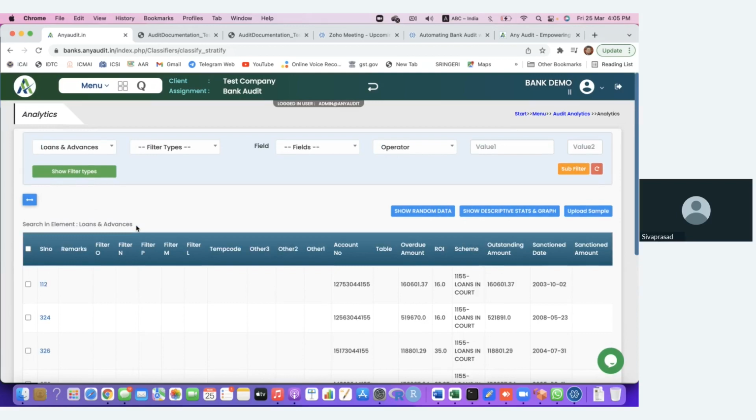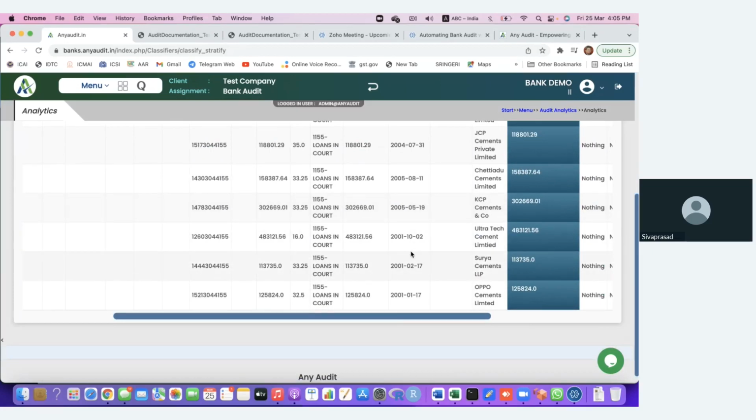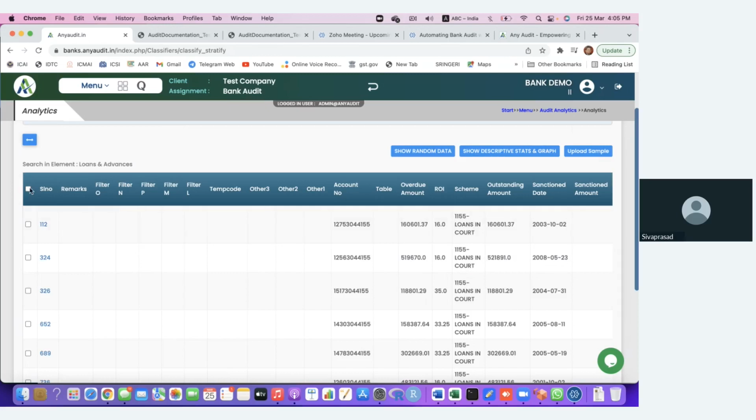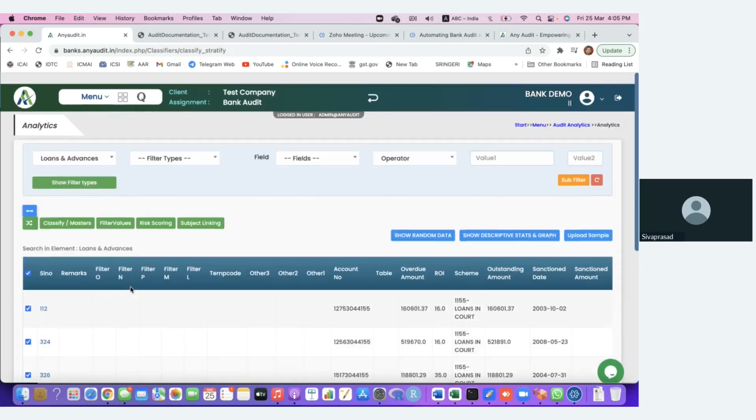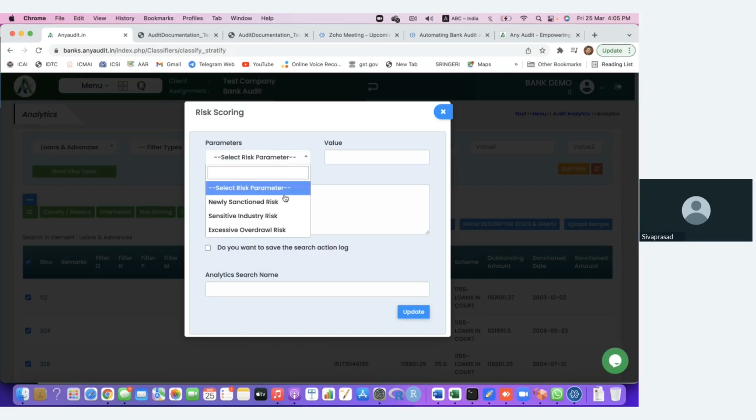Now I could further filter by sanctioned date or so, but I'm not very sure about this data set, so I'm not venturing into that anymore. For all of these accounts, I'm mapping them for my risk scoring. They are all in sensitive industry risk, and I'm putting a value of 5 over a scale of 5, or maybe 4 over a scale of 5. So say, cement accounts issued during last year